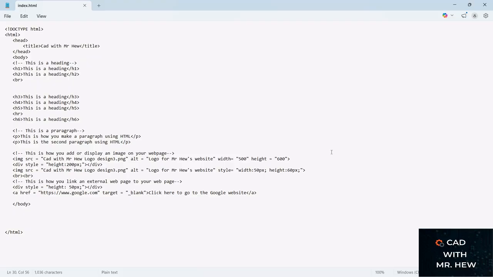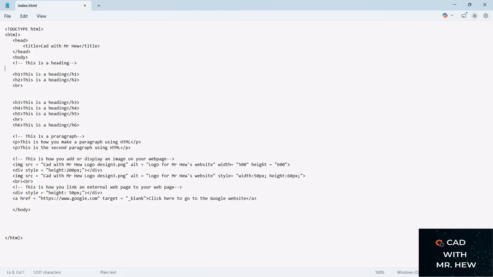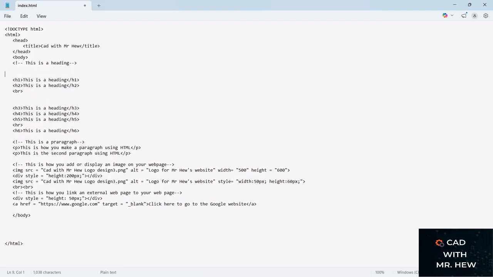So what we're gonna do now, we're gonna do it at the top first. All right. So it's easier to understand. So we're in the body. Right below here, I'm gonna put, I'm gonna type enter, gonna put a comment here,